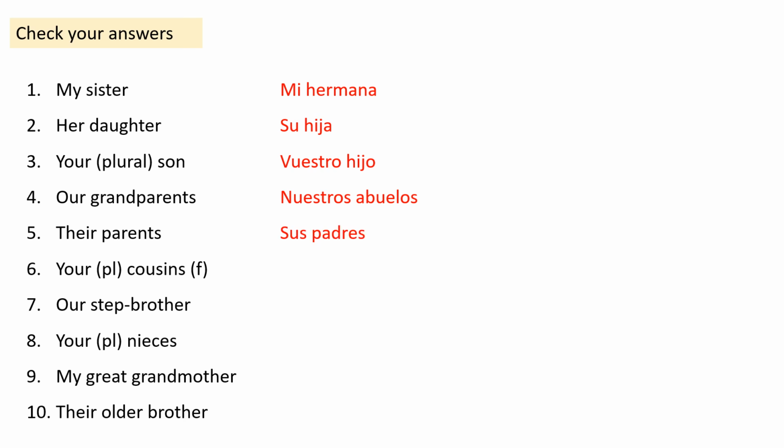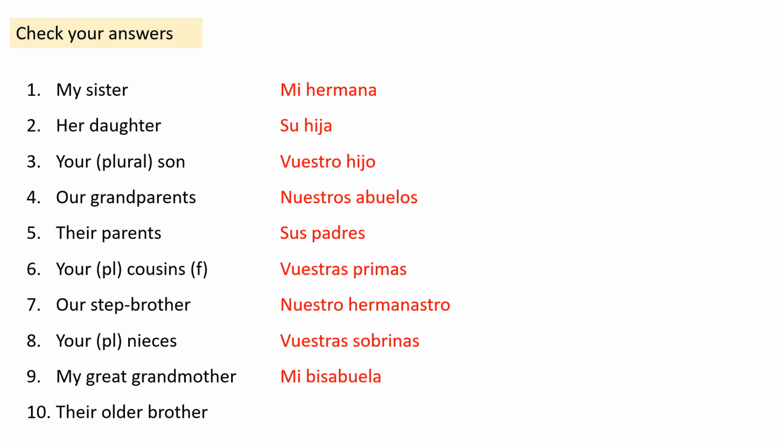Their parents, sus padres. Your plural cousins, feminine, vuestras primas. Our stepbrother, nuestro hermanastro. Your plural nieces, vuestras sobrinas. Again, sobrinas is a feminine plural noun, so we need vuestras to match. My great-grandmother, mi bisabuela, and their older brother, su hermano mayor. So take a moment just to check those over, especially the ones that contain our and your plural, as those are where we need to have the extra step